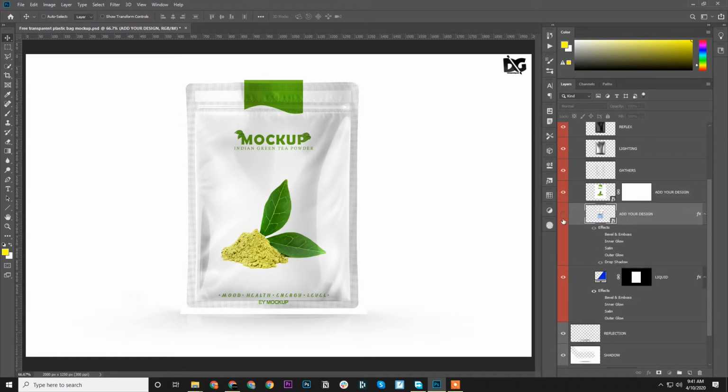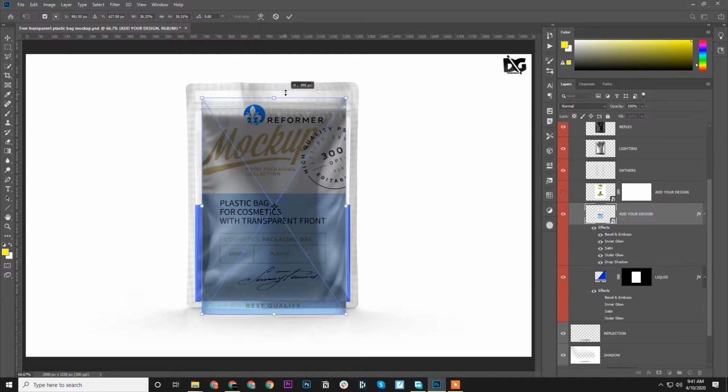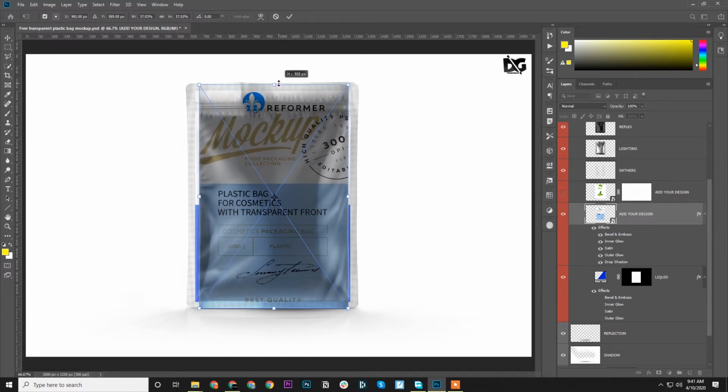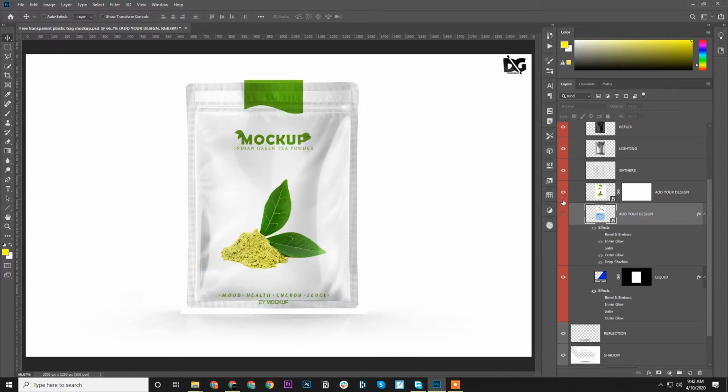But again, there are many effects in this layer, which is, I guess, very good for your mockup. Let me show you. I'm just trying to fix this mockup template. I don't know where you purchased this. Okay, so I don't think this is what we have been looking for. I don't think so. So perhaps this one is the best one, and we can delete this layer.